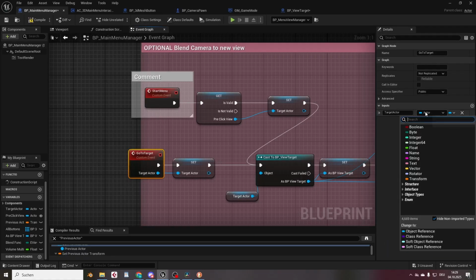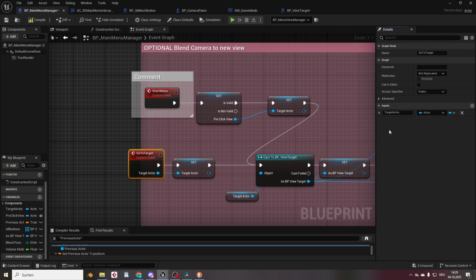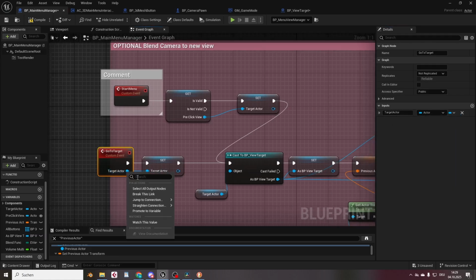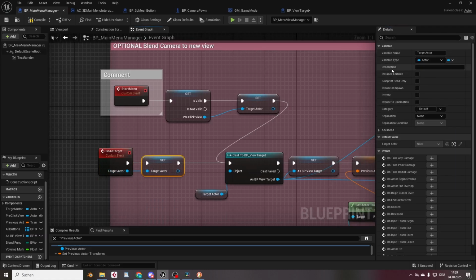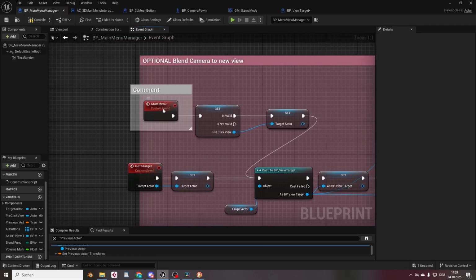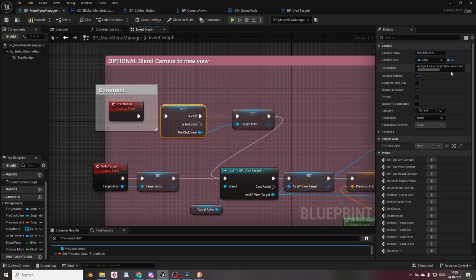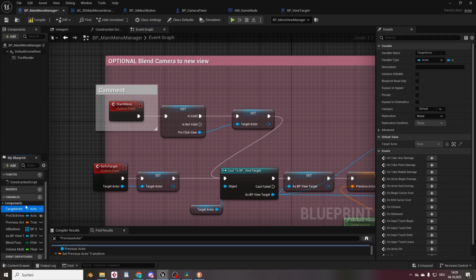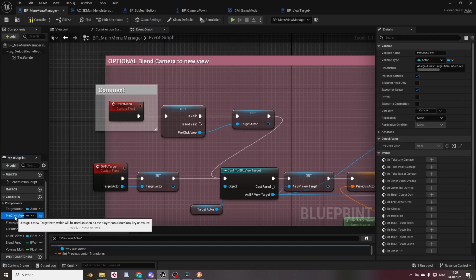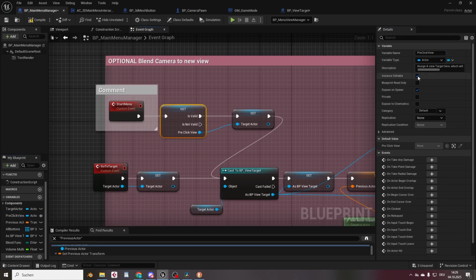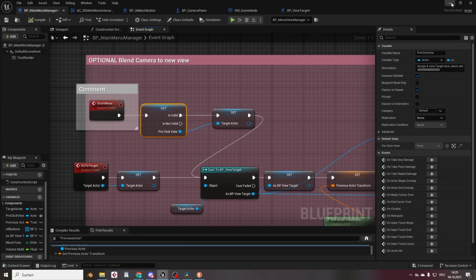and add an actor input. Call that actor target actor. Right click and promote it to a variable, so you have it like this. From the top, drag out and copy the target actor here on the bottom left in your variables. Right click, duplicate, it's going to create another actor. Call this actor pre-click view. This one we're going to make instance editable and expose on spawn, because we're going to set it up through